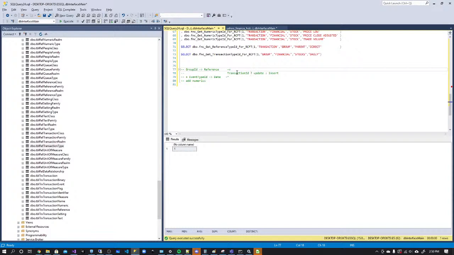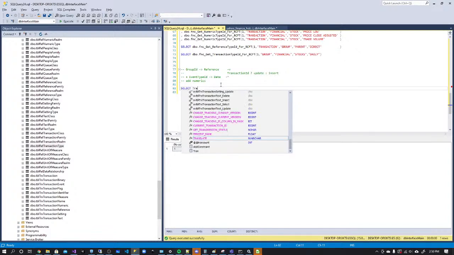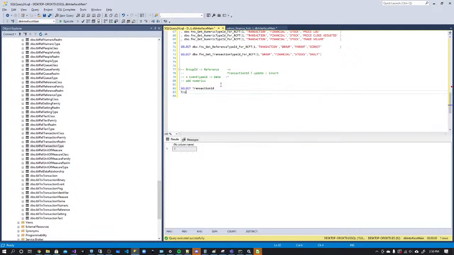I say, give me transaction ID where transaction ID has this event type with this date and this group ID reference. If I get a group ID match but no date, because of the and, it'll say it doesn't exist. Therefore, I need to insert. When I insert, I need the type ID. And when I insert, I will need the numerics. Boom. So, select transaction ID from